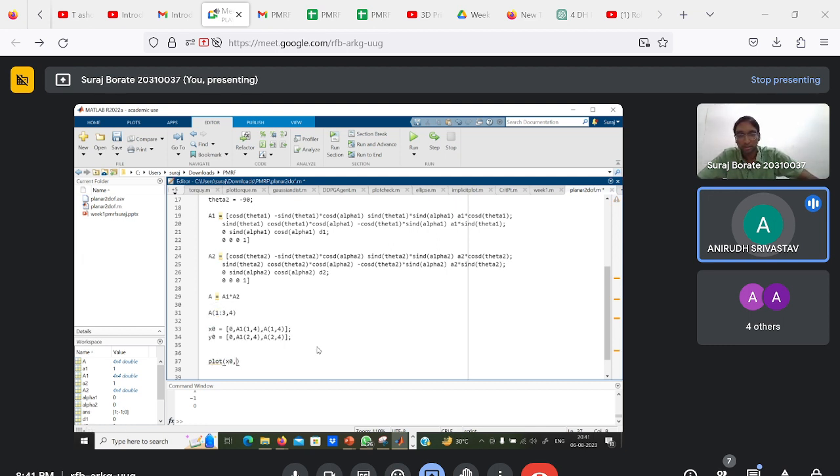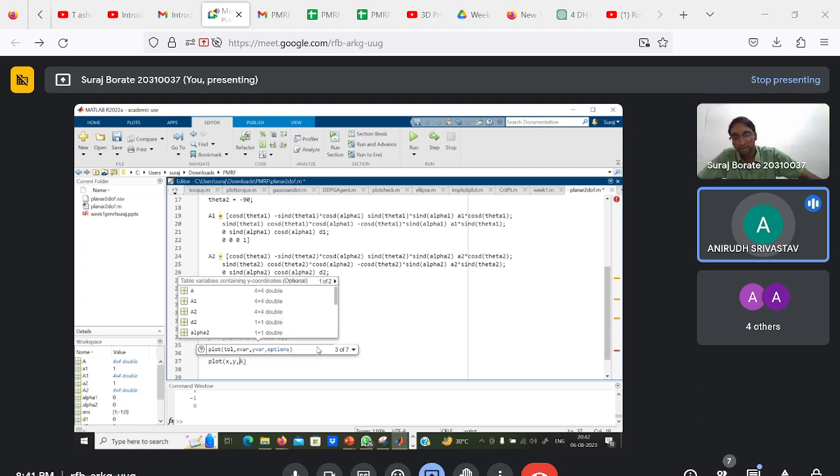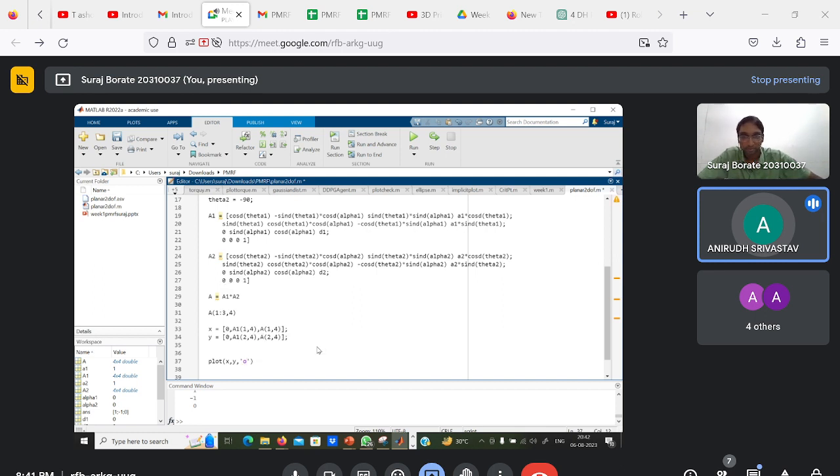x0 comma y0, or let's just name it x, y. See here, the plot function: first you have to give the x coordinate and then the y coordinate, and then you give the color or the style you want. So I give, let's say, O or something like that, or if I want it in blue color I will give blue. Then we'll see what the output is. If I run this